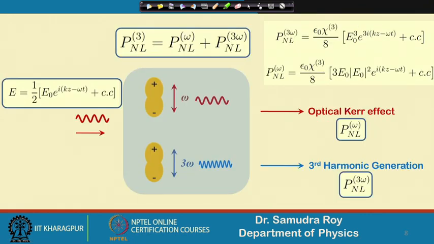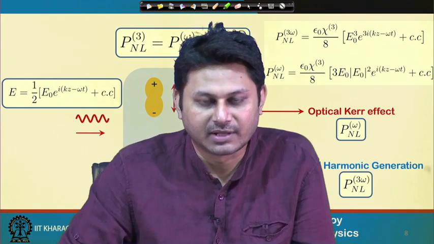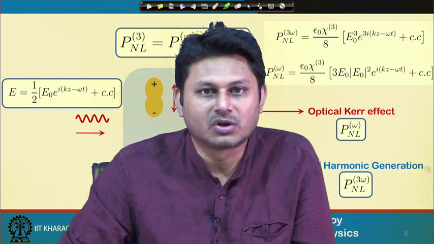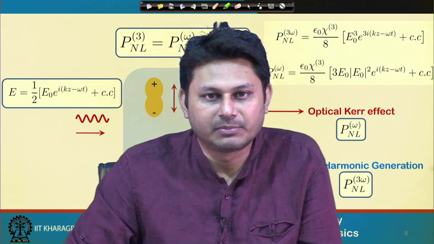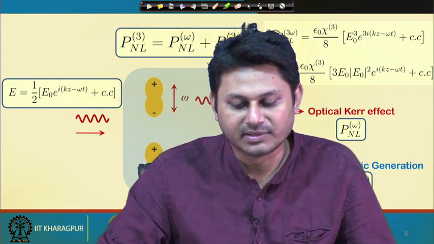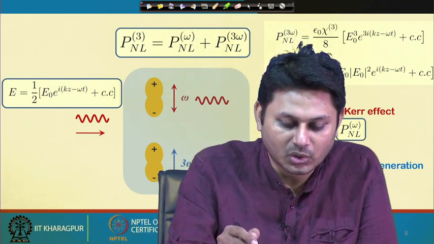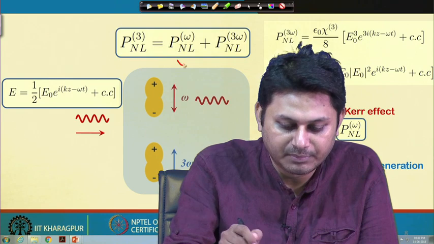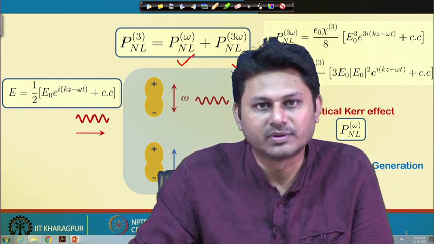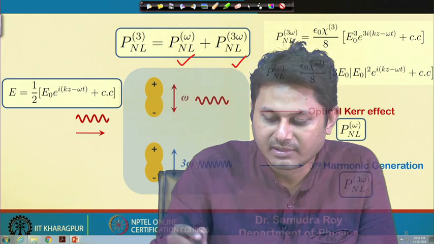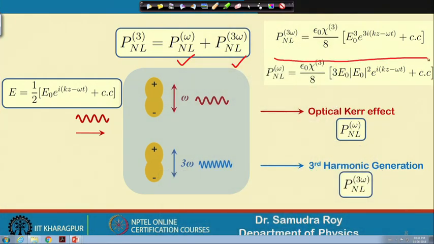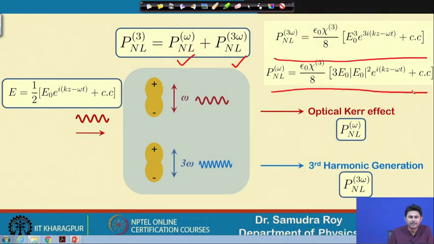Well, let us try to understand once again. As I mentioned in the previous slide, we have two polarization components. When we write the polarization in terms of frequency, this polarization should have two components: one is P nonlinear omega and the other is P nonlinear 3 omega. These are the two frequency components of the polarization. I wrote these components here. P 3 omega is this quantity, P omega is this quantity. So, an electric field having a frequency component omega is launched. So, I have here in the input E omega, something like this.